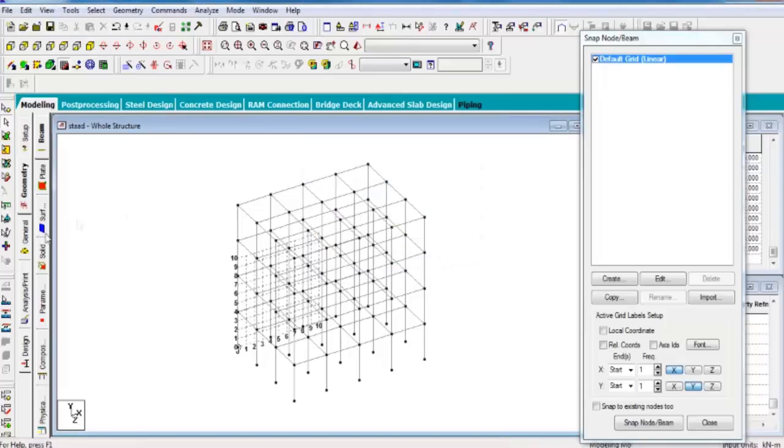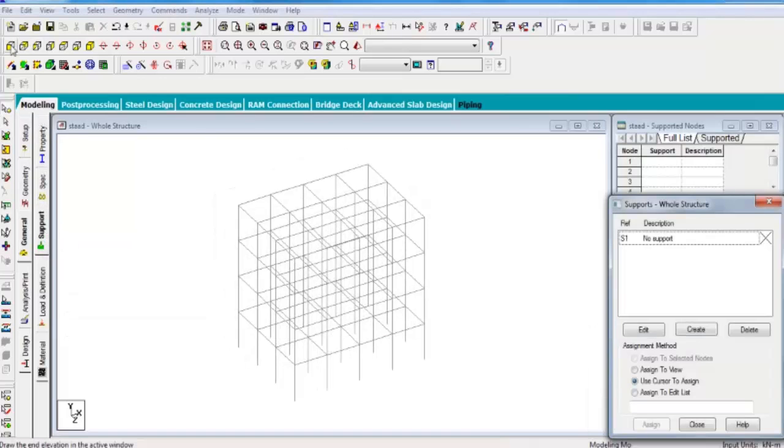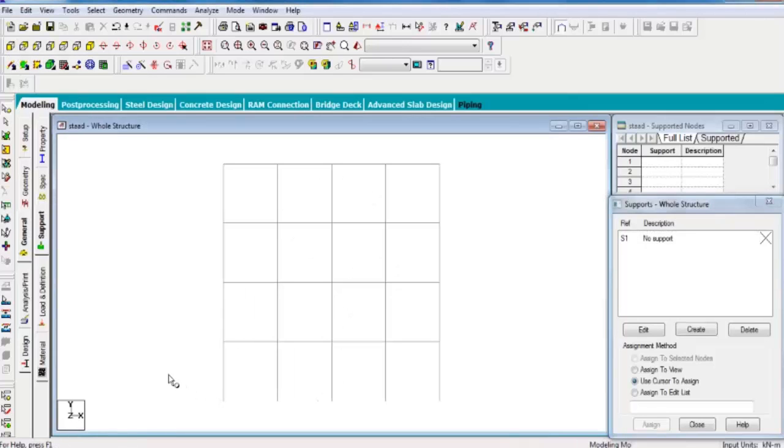So then you go to general. Click on general, and after general you click on supports. Then click on front view and select all the bottom nodes of the structure.